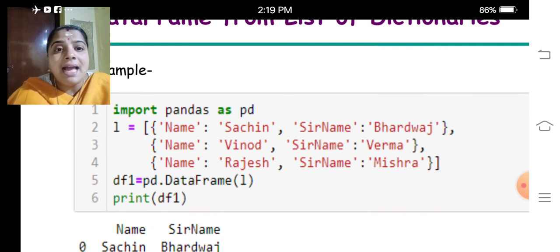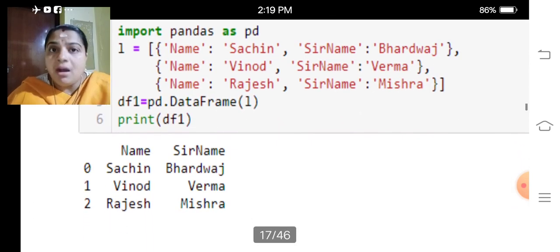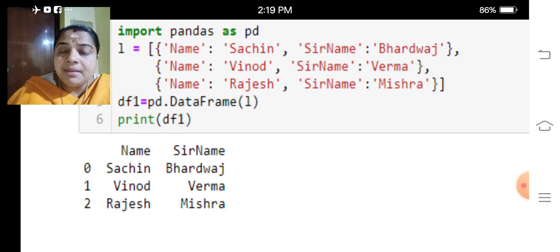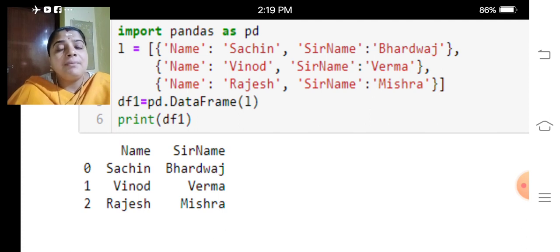So how will the answer be? The output will be name Sachin, Vinod, Rajesh, and surname with the values that we had given for the surname. So look at the column names. Here also we are getting the column names as name and surname, which are the keys.